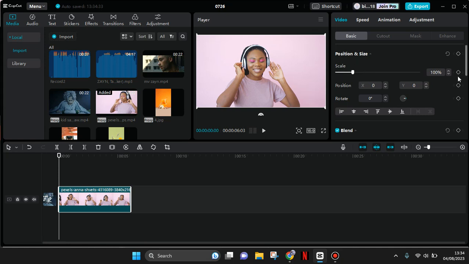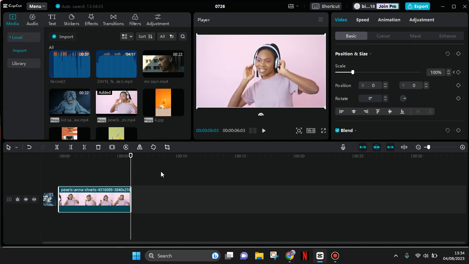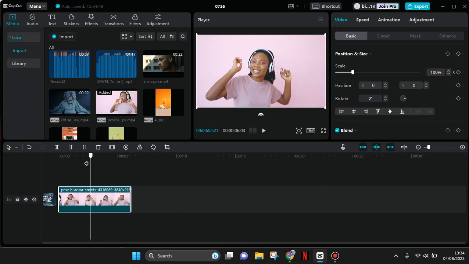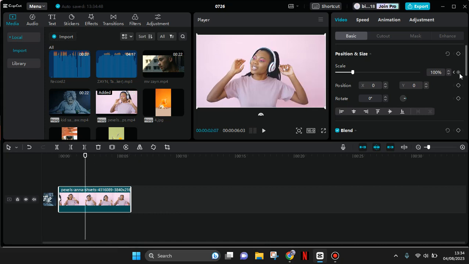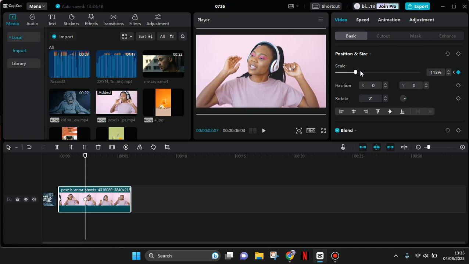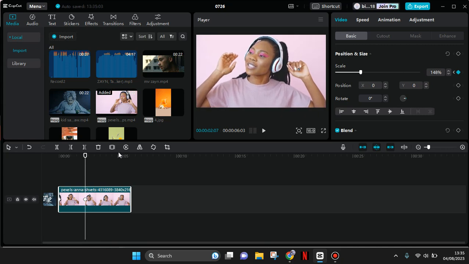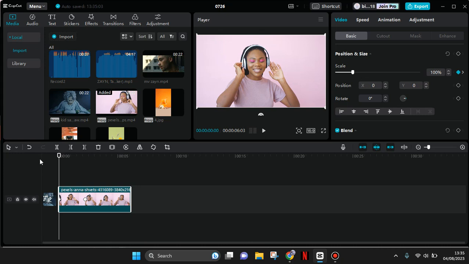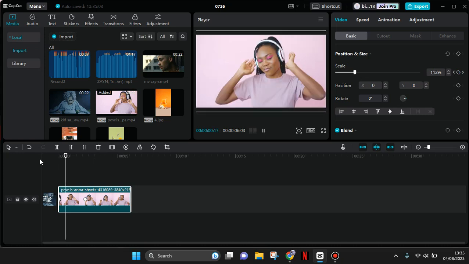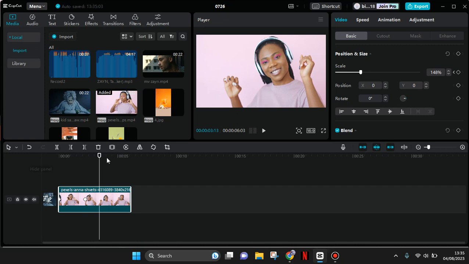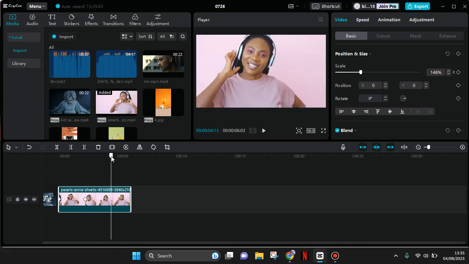So first add keyframe at the start. So this is for the zoom in. So for the zoom in, you just need to add keyframe at the start and then at the end of the clip, or I'm going to just add maybe this in the middle here. Add another keyframe and adjust the scale or make the scale bigger to have that zoom in effect. So your video will go like this. Okay, it will zooming in slowly,